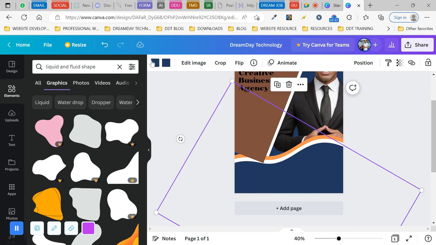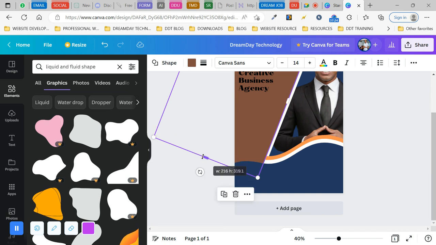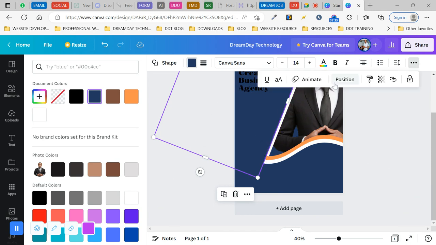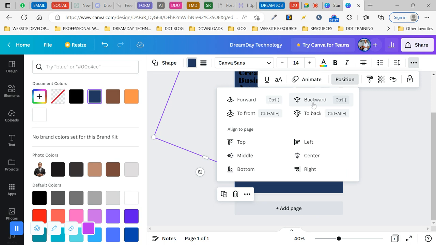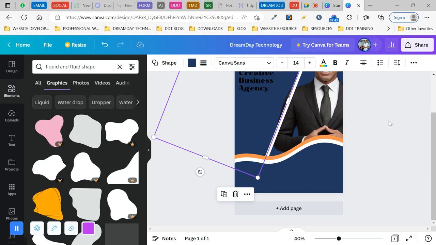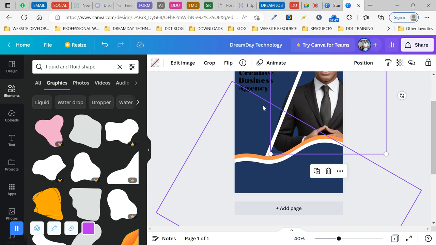Then I would change the color of these other elements, but first increase this and also change the color to this and send this element to the back. So now this is what we have here, but I really don't like